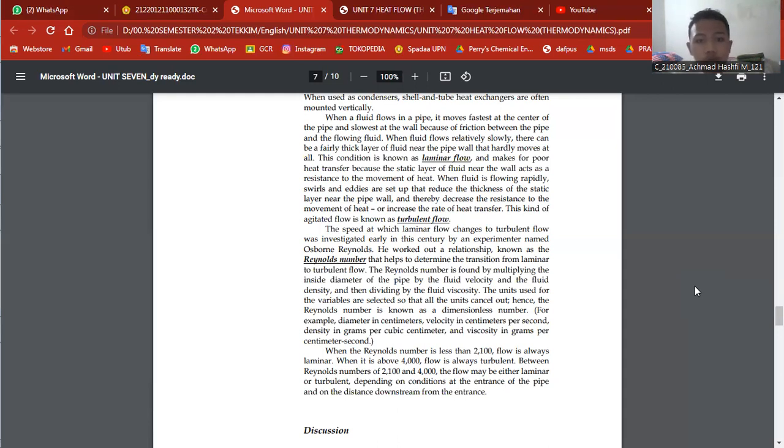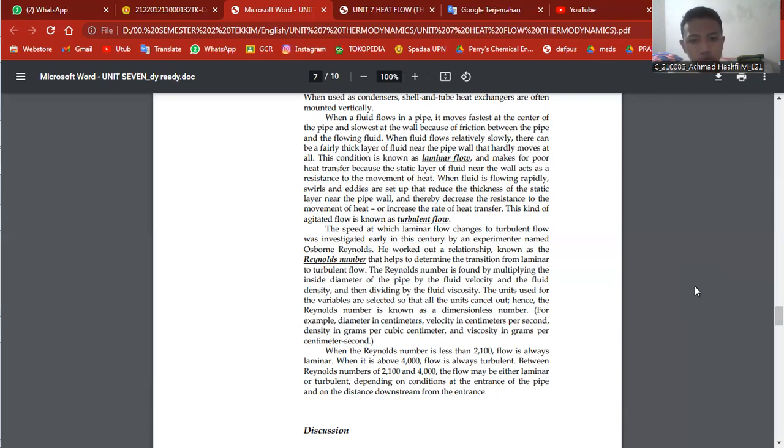This condition is known as laminar flow, and it makes for poor heat transfer because the static layer of fluid near the wall acts as a resistance to